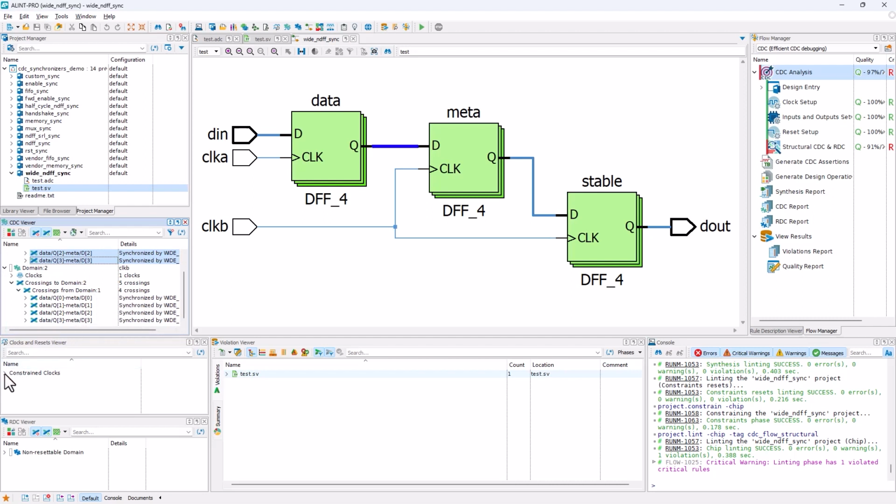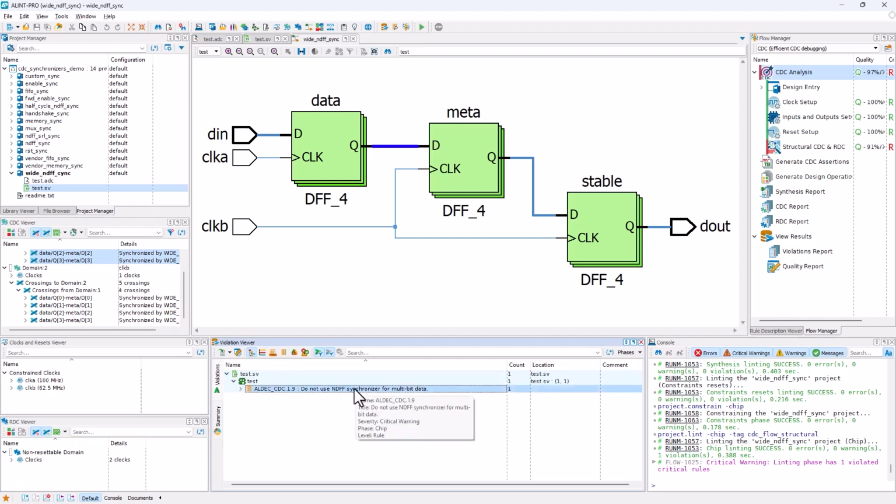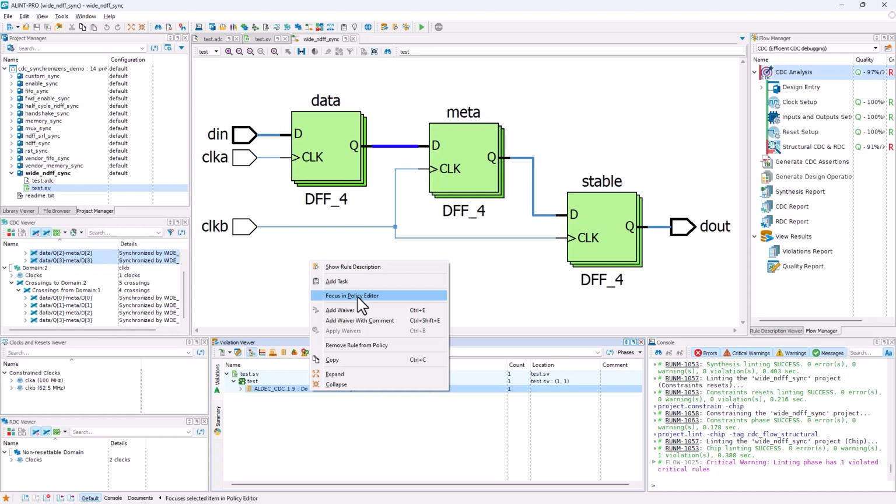We can again look at the clocks and resets viewer, and we'll notice we see the same 2 clocks. Same thing for the RDC view, and there's one minor difference in the violation viewer. Namely, we'll notice that we are not supposed to use the ND-flip-flop synchronizer for multi-bit data. So, if this violation or any other violation pops up while you are in the use of any of your